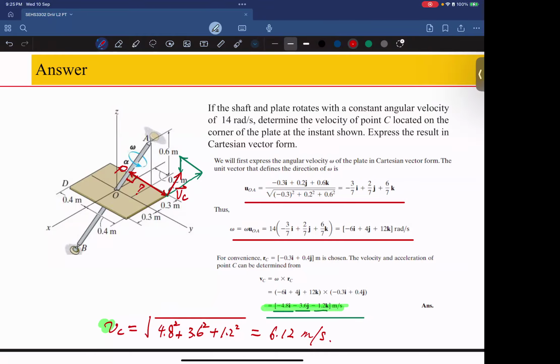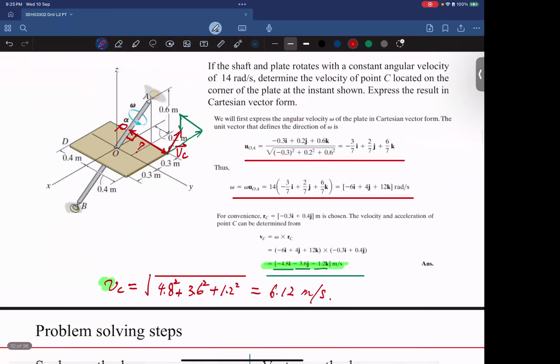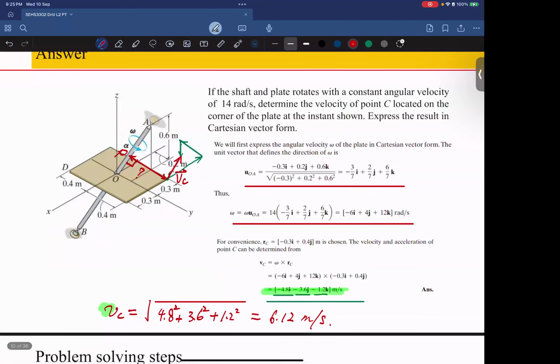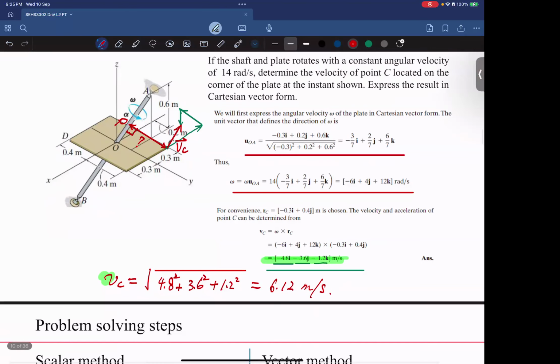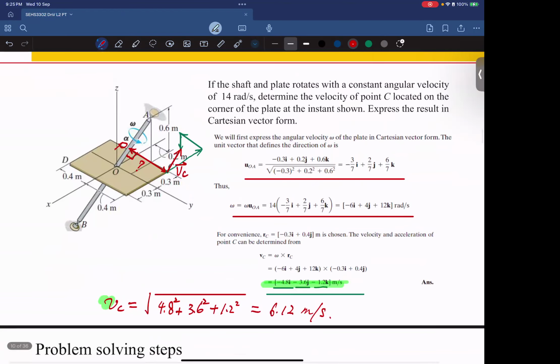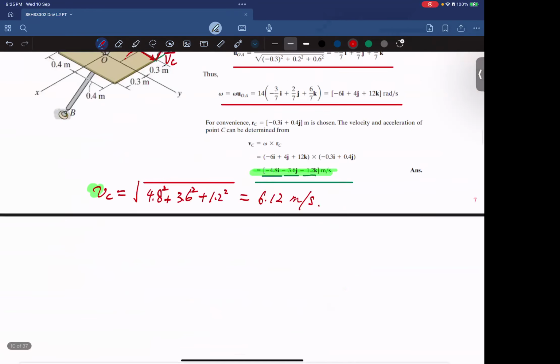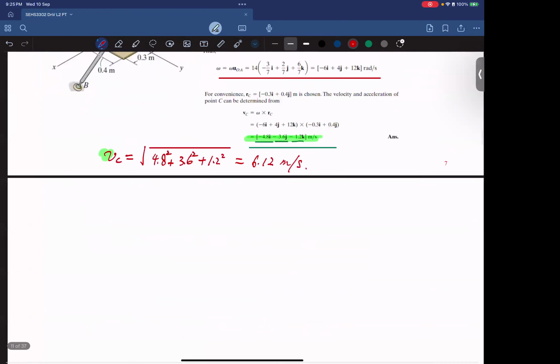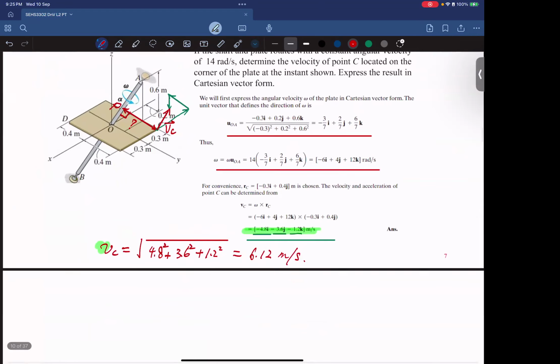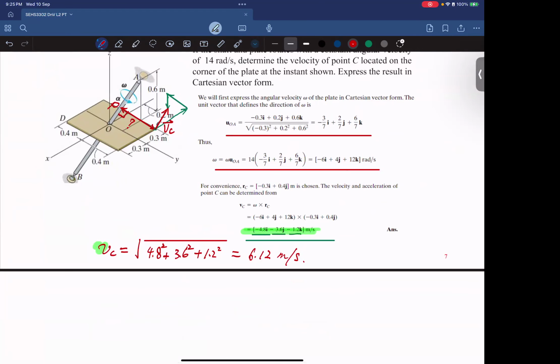Okay, let's continue. So this question is what is CP, right? What is the CP, the distance? So we know, by this question, what I want to ask is that,